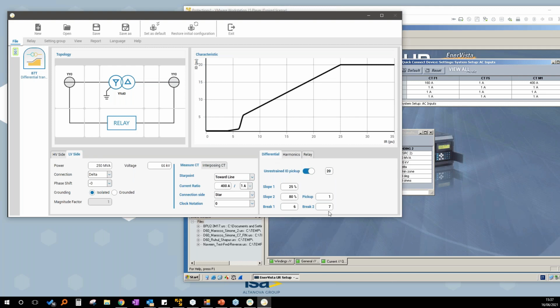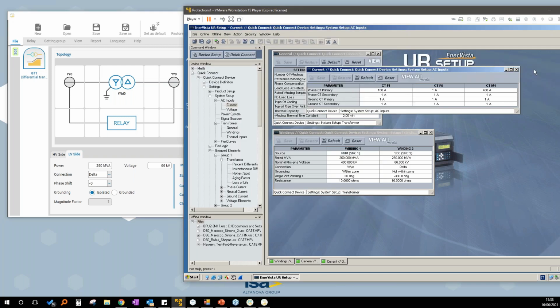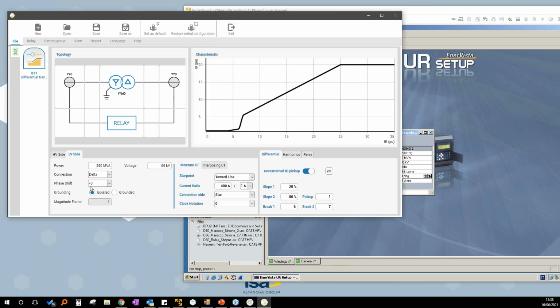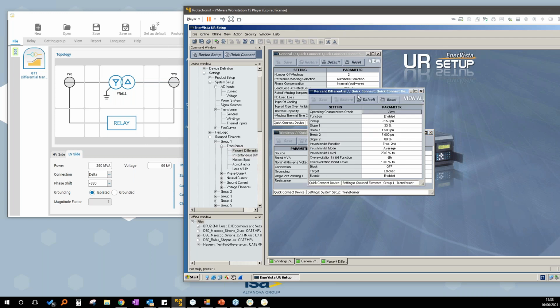Now I have to set the differential characteristic values, and also I have to look for that. Differential characteristic. Okay, this one.